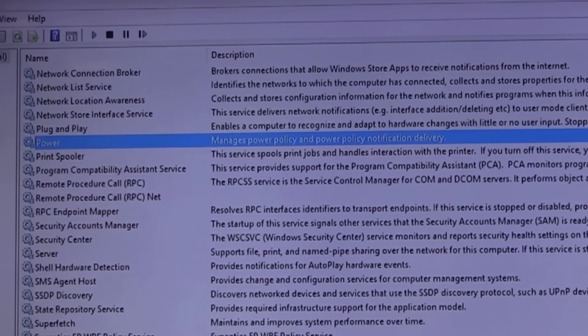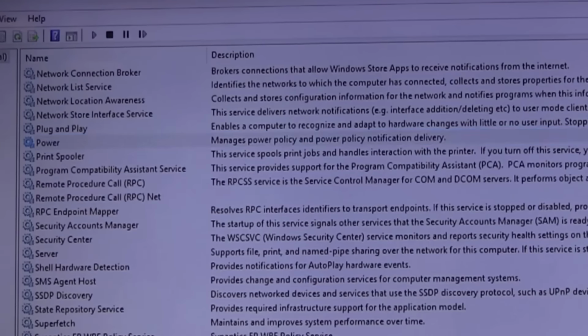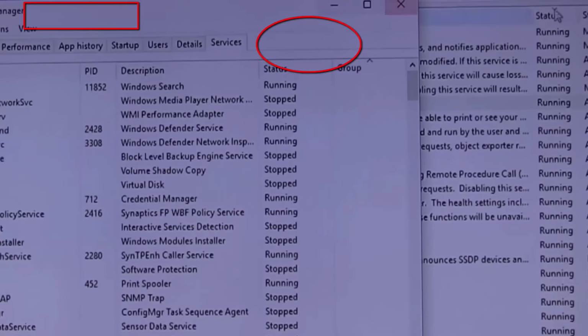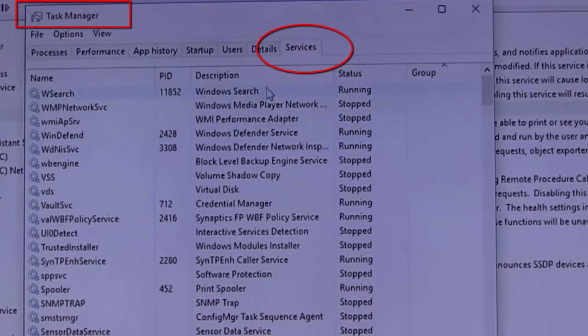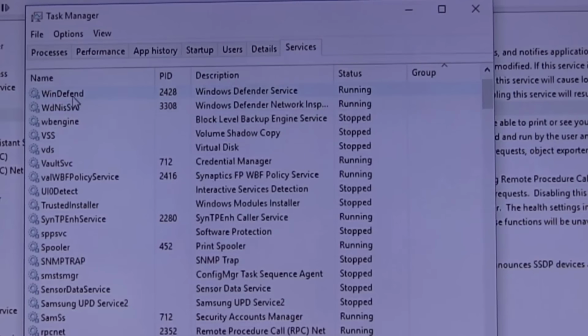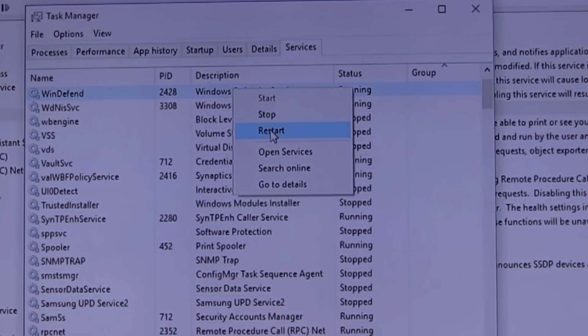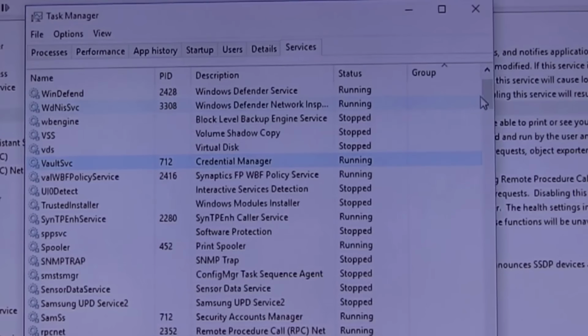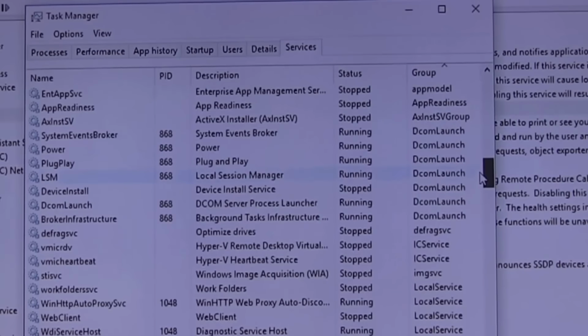All right, so what about troubleshooting? We've got a number of tools that help us troubleshoot. So I'm going to pull up Task Manager. Let's take a look at Task Manager. If you'll notice, on Task Manager you have a tab called what? So I can see all the process IDs of all the services that are running. I can see which ones are running, which ones are not. I can also right mouse click, stop, restart, open service, search online, go to details. So Task Manager is a nice little tool if I need to do some work with services. And I can see what's going on with my services.